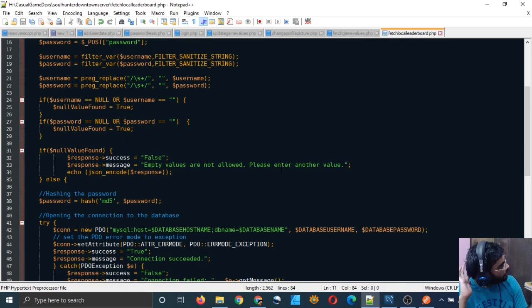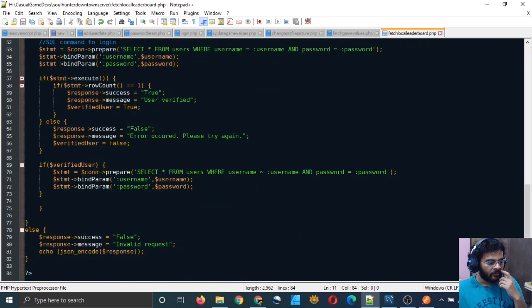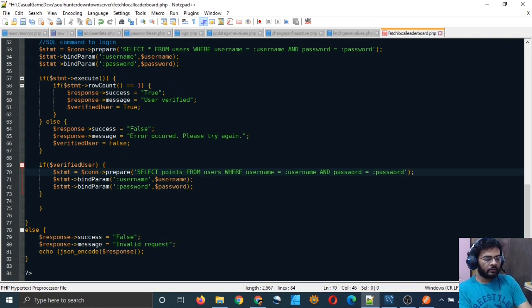We can also do it in this way, and I think that will be the only way to do it. I think we will fetch, first of all, username and profile picture, and points.